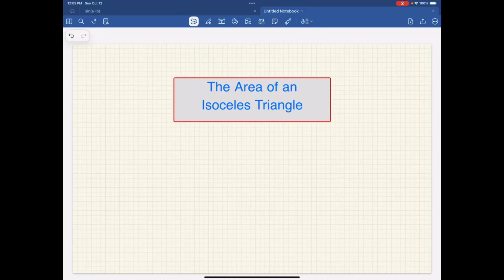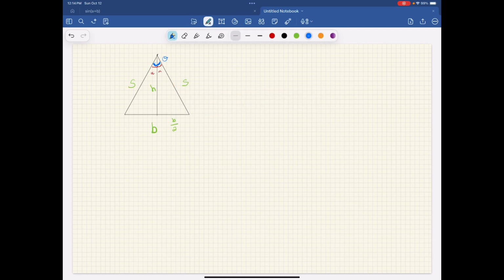In this video, we're going to determine the area of an isosceles triangle and then investigate that using the TI-Nspire CAS app. Here is our image of an isosceles triangle with each side being s, with the base being b, with the